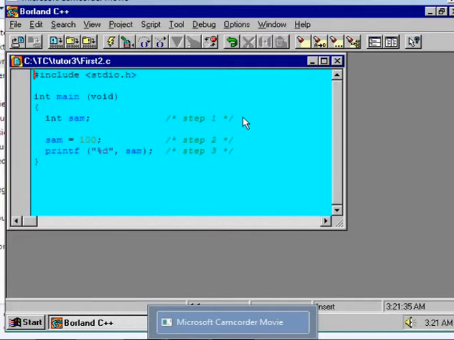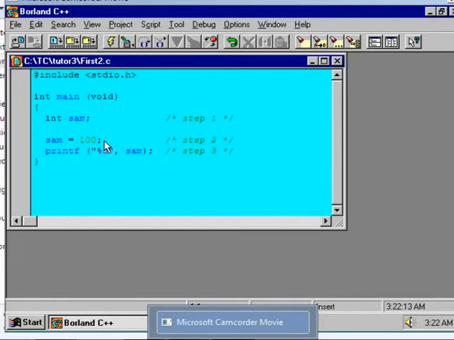Okay? Note that the statement in step 1 is simply a directive to the compiler. This statement is not an executable statement. The compiler allocates the memory space to the variable at the time of storing of data. That is, it will occupy the memory at the time of initialization of the variable. Is it clear?